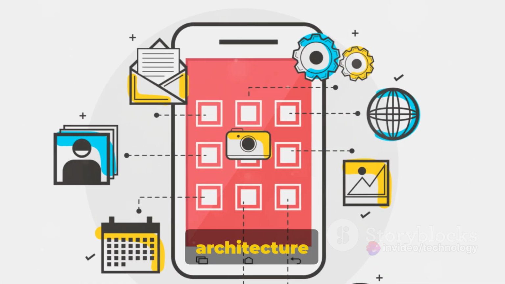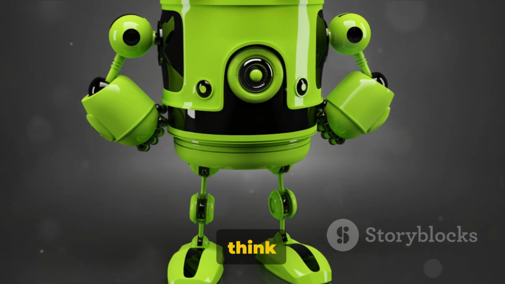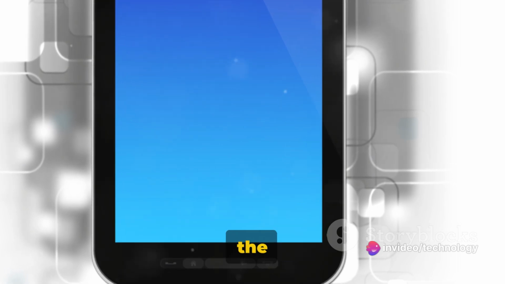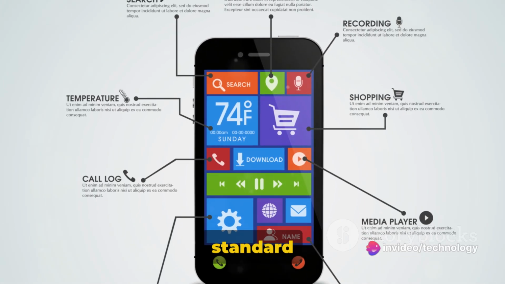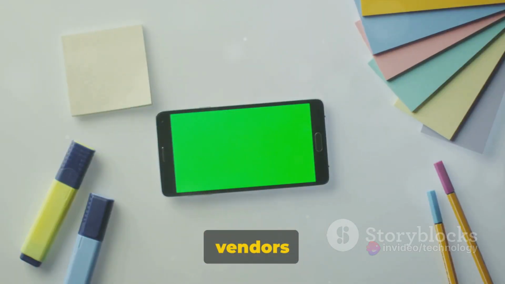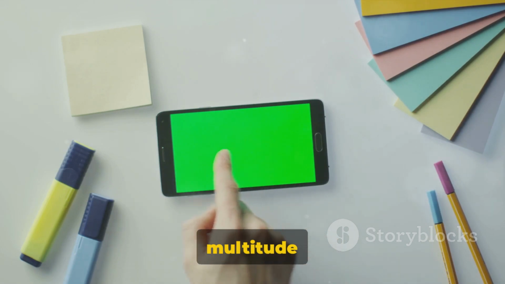Next up in the Android architecture stack, we have the hardware abstraction layer. Now think of the hardware abstraction layer, or HAL, as the go-between for the Android OS and your device's hardware. It's a set of standard interfaces that hardware vendors must implement, allowing Android to work seamlessly across a multitude of